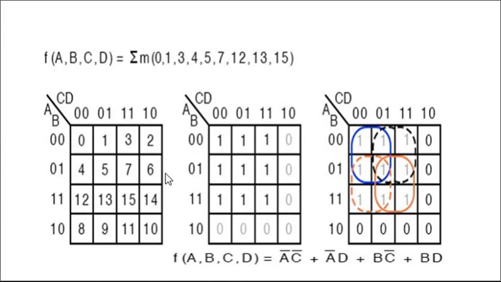These are the 4 variable K-maps. It is not mandatory. We can define A, B here, C, D here. We can interchange also: C, D here and A, B here. But again their values will be changed here. Instead of 0, 1, 2, 3, what is written will vary according to the MSB as well as the LSB of the function. Here they are defined: D is your LSB and A is your MSB.